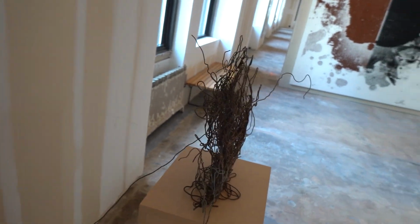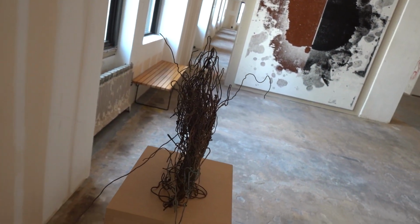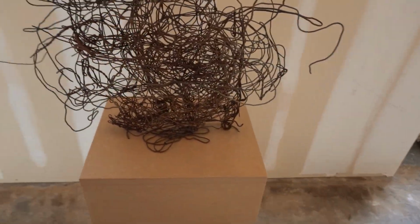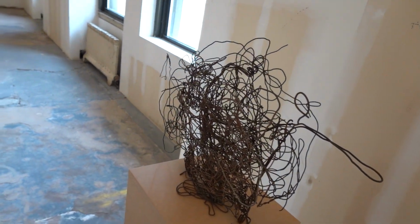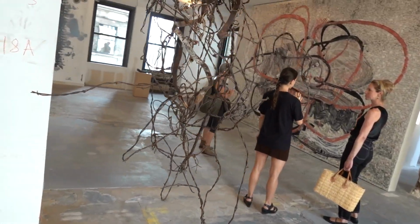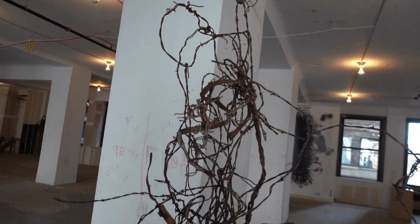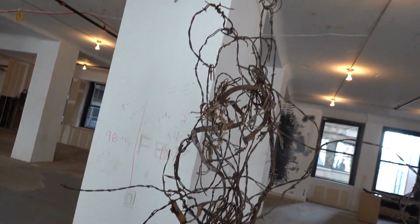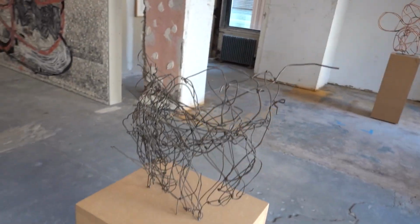Okay, this is also untitled. Okay, so this is Wire. 2023, 14 by 29. We'll just kind of skim over some of these barbed wire. I think they're mostly untitled. Although the